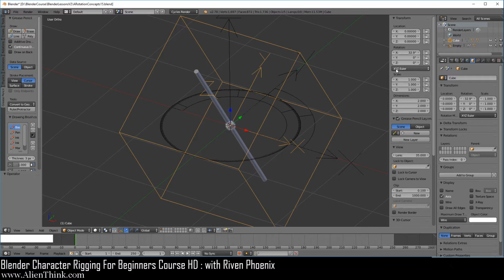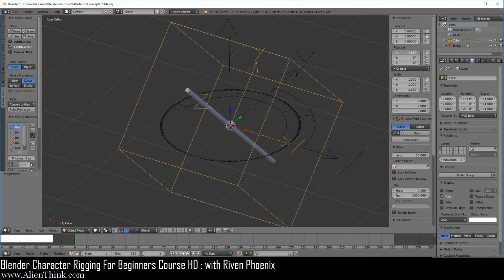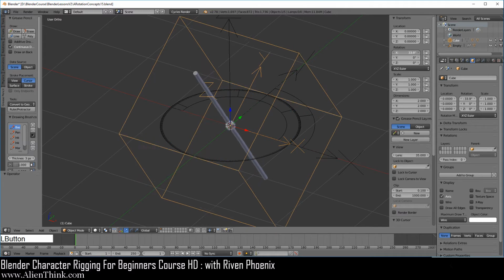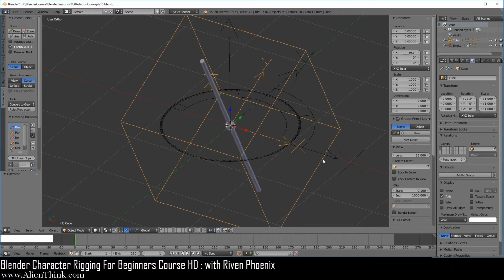And the y is simply the child of the Z ring, and the x is the child of the Y ring. Okay? So whenever we change the x value over here, because the object is directly attached to the X ring, this value will always reflect the true rotation of this object on its local x-axis.